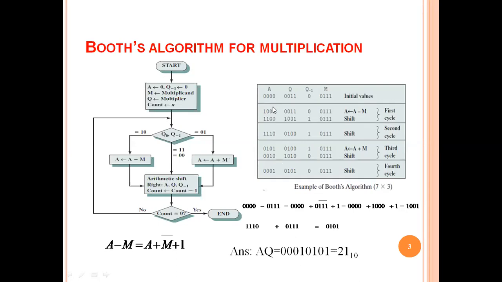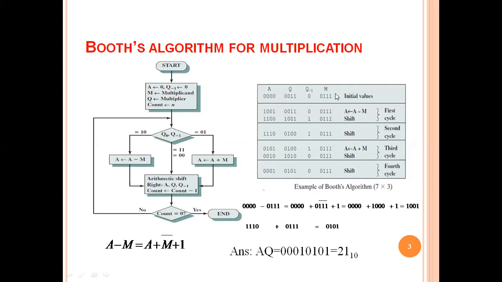Clear? Now, see here. We want to multiply two numbers, 7 into 3, using the Booth multiplication. So 7 into 3, we have to obviously make it into binary. Here there is no negative number, so there is no 2's complement representation. If it is minus 7 into 3, we have to represent 7 in the 2's complement form. If it is minus 3, then we have to again represent 3 in 2's complement form. But here both are positive numbers, so we will simply make the binary of these two numbers and multiply.